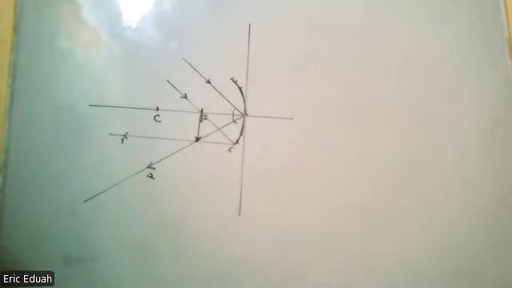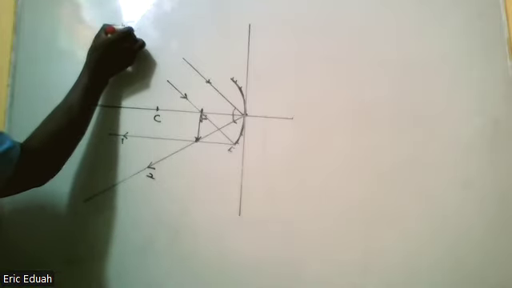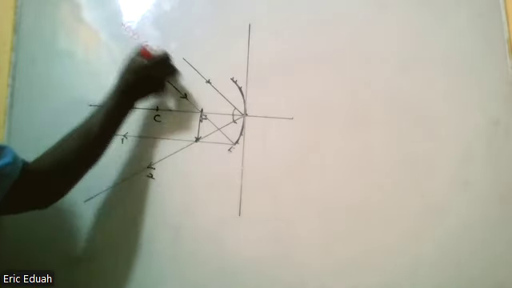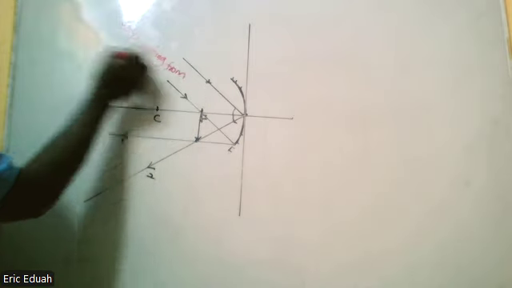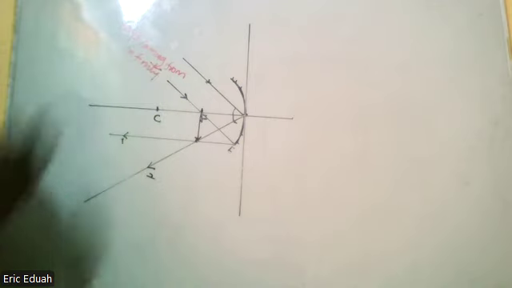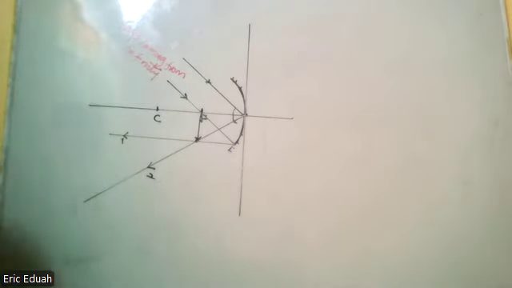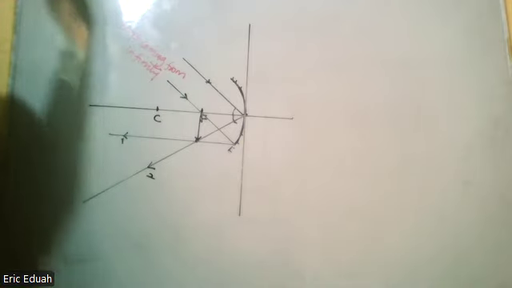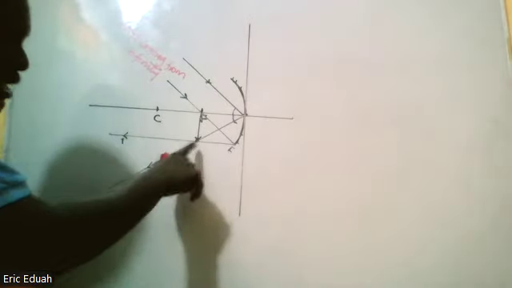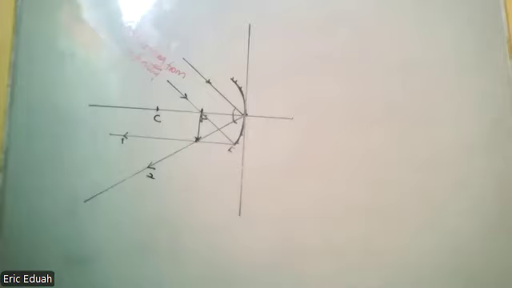The fact that these two rays are parallel means that we have rays coming from infinity, implying that the object is positioned at infinity. And when an object is placed at infinity, the image must be formed at F. Now,